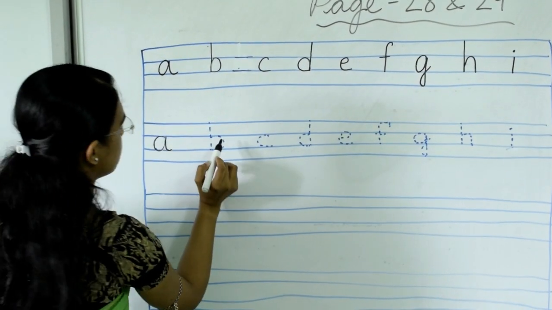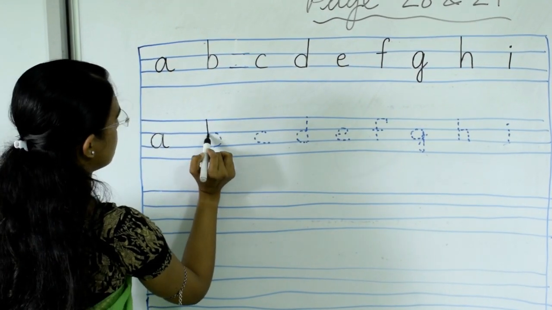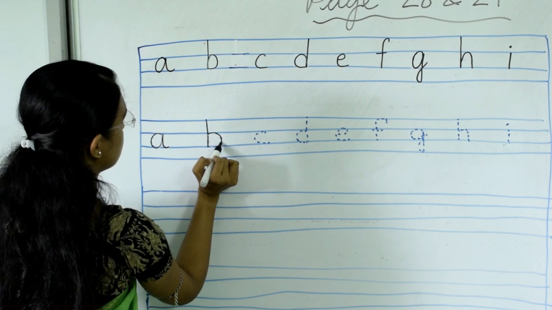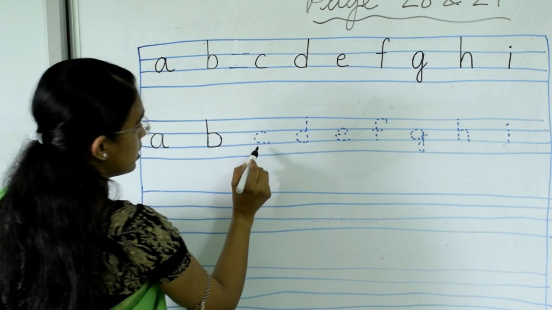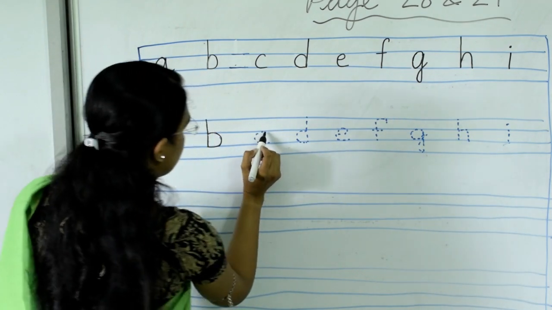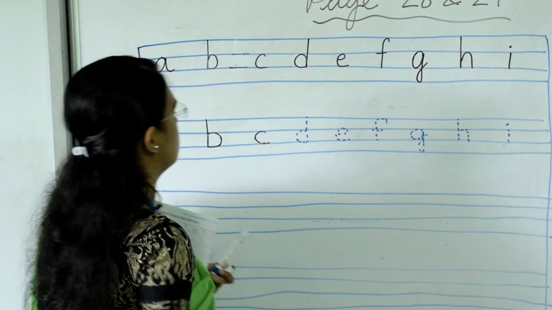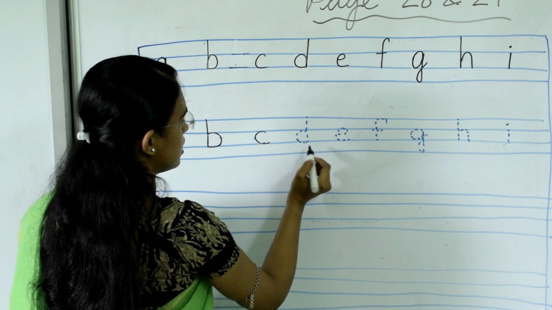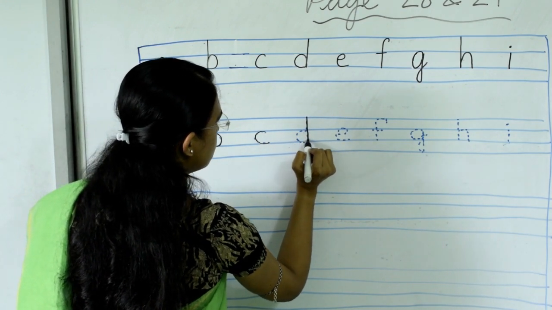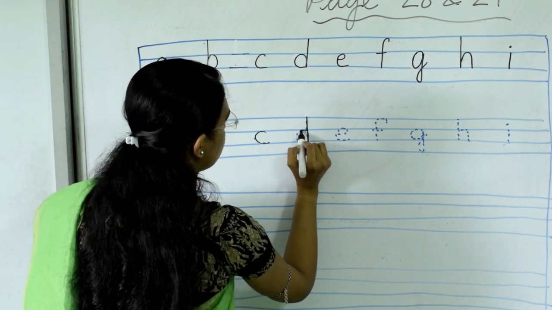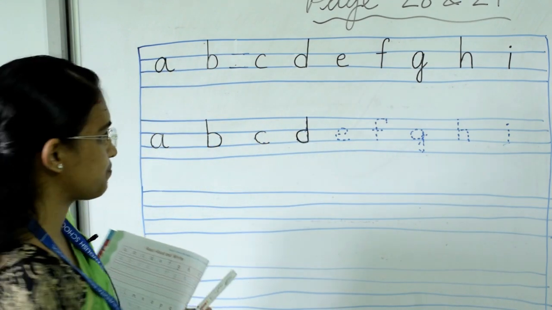After A, this is B. First draw a straight line, then make a curve, right curve line. Okay, like this. After B, then what is this? This is C. So what you have to do to make it C? Draw a curve line like this. Then after C, which letter is this? This is letter D. So for this, first you have to draw a straight line, then you have to draw a curved line, but in which side? Yes, in left hand side.